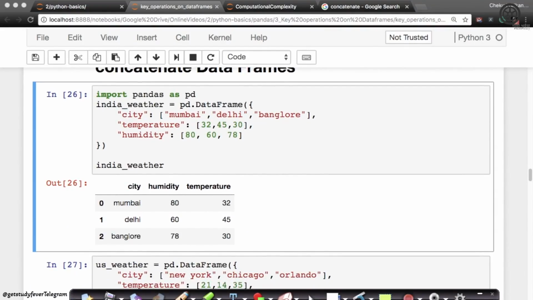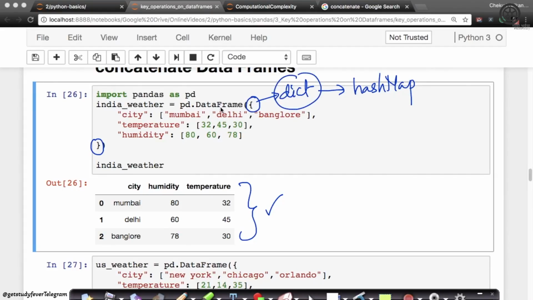Now here I'm creating a simple data frame. The data frame looks like this, and I'm creating it using a hash table, because this is a dictionary. Dictionary is a very Python specific term, but in data structures it's typically called a hash map. This is a very common term in Java. Those of you who know Java collections will know what a hash map is, right? But in Python, it's a dictionary.